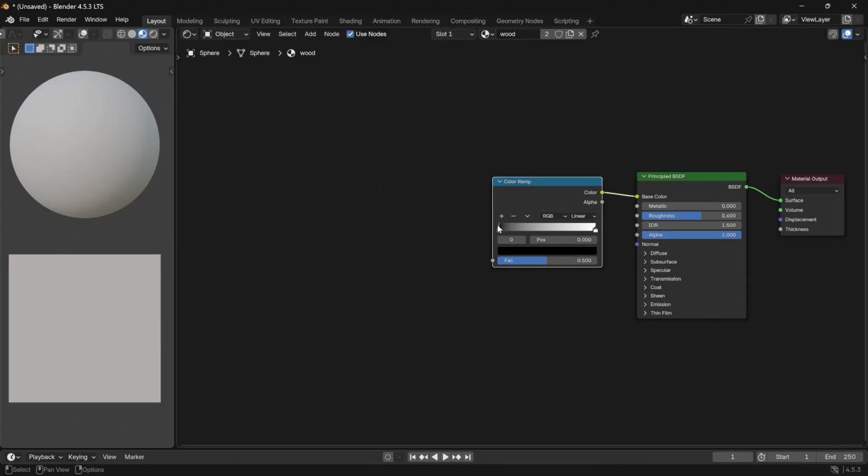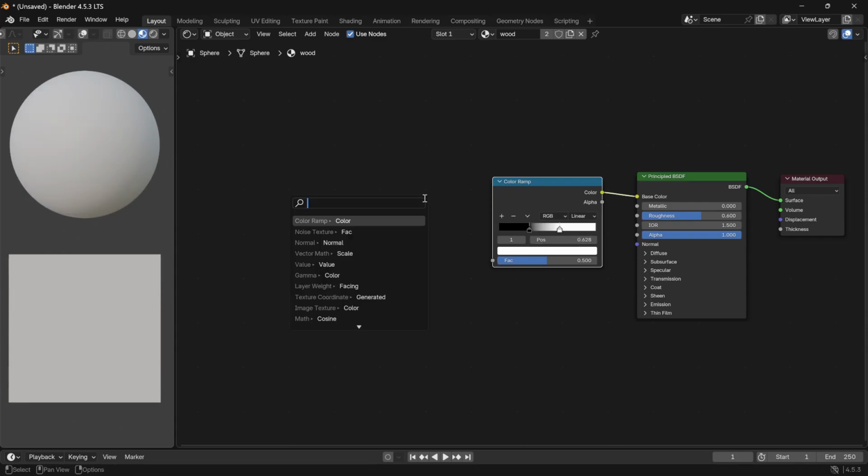And in the color ramp, we're going to set the first color to around 0.3 in position, and the second color to around 0.6. This will be from a noise texture,